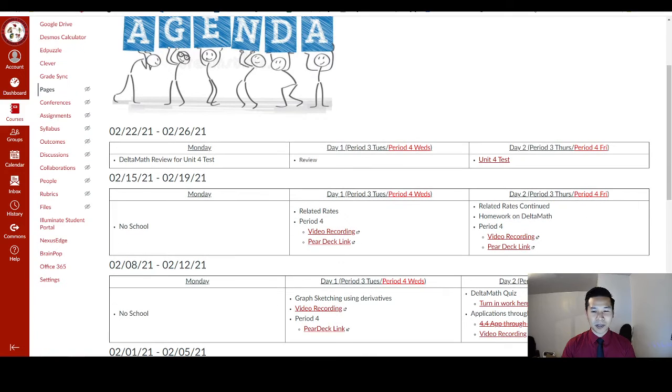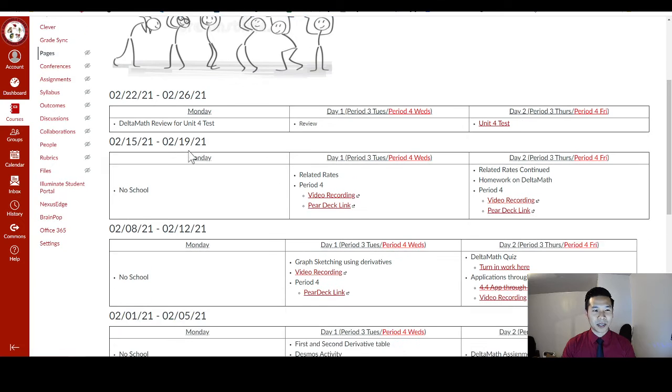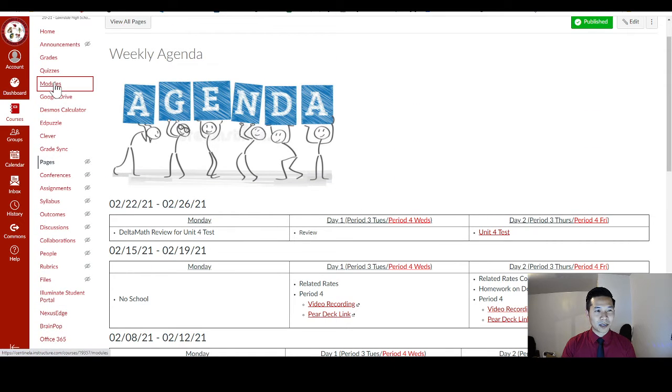All of my assignments are to be turned in digitally. Some students prefer writing it down on paper, and I will still accept that, but since they can't get the paper to me physically, they are allowed to take a picture of their homework assignment with their phone and upload it onto the Canvas assignment page. So a lot of my assignments are like that. If you take a look here,